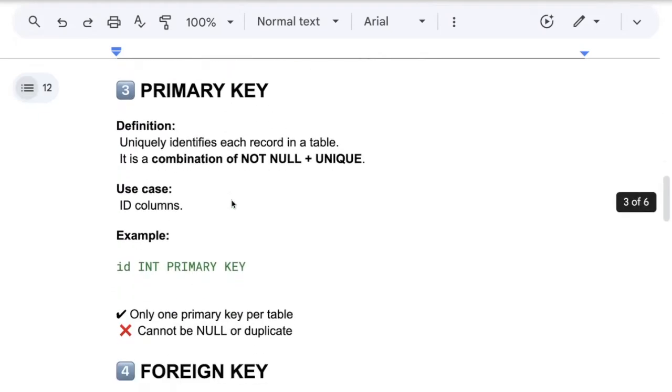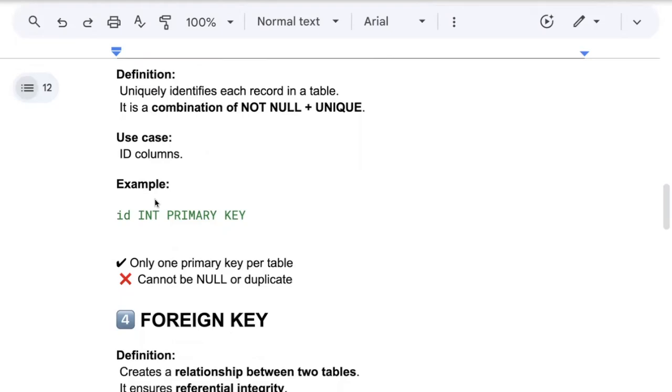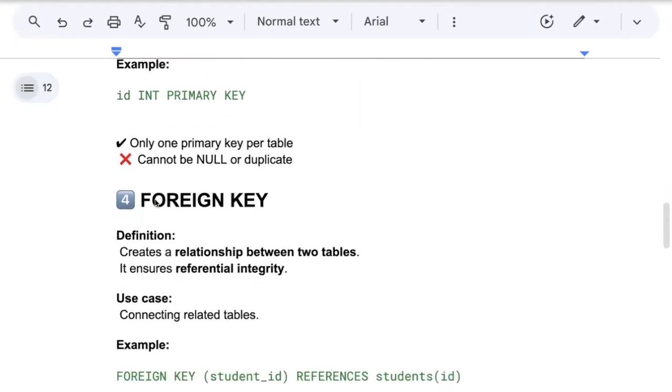Great. The next important one is the primary key. Super important. Every data set will have a primary key. A primary key is a combination of NOT NULL as well as UNIQUE. In any data set, there will be one primary key, a common column, which cannot be null and cannot be repeated. NOT NULL plus UNIQUE combination, we call it a primary key. If I say employee data, employee ID is the primary key. If I say customer data, customer ID is the primary key, which ensures that the ID cannot be empty and should not be repeated. And there should be only one primary key in a table. I hope it's clear. Great.